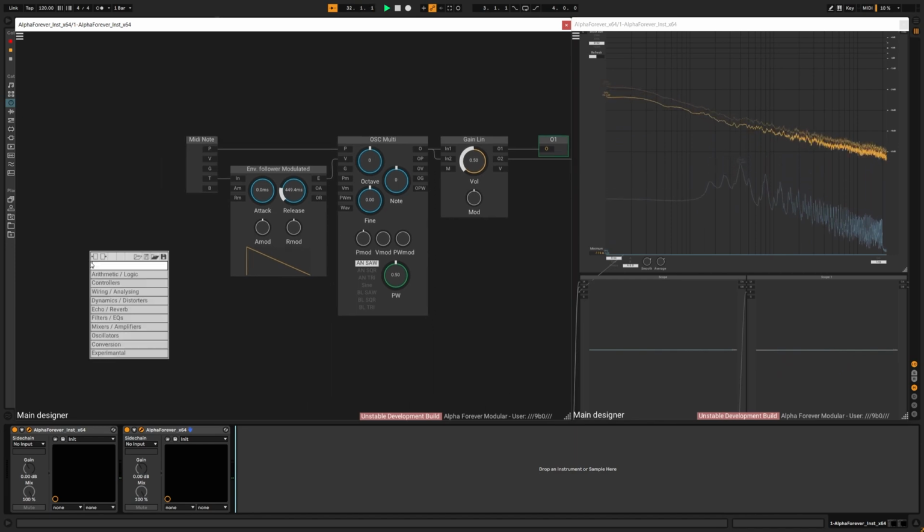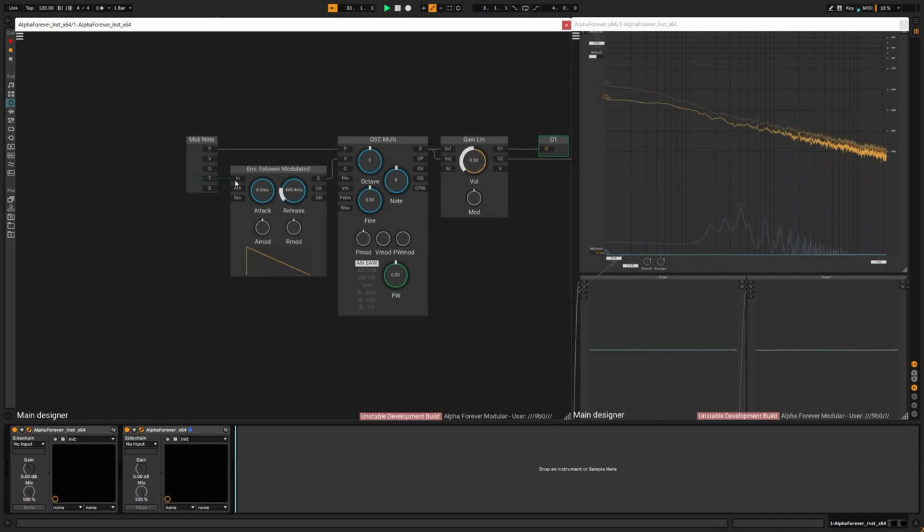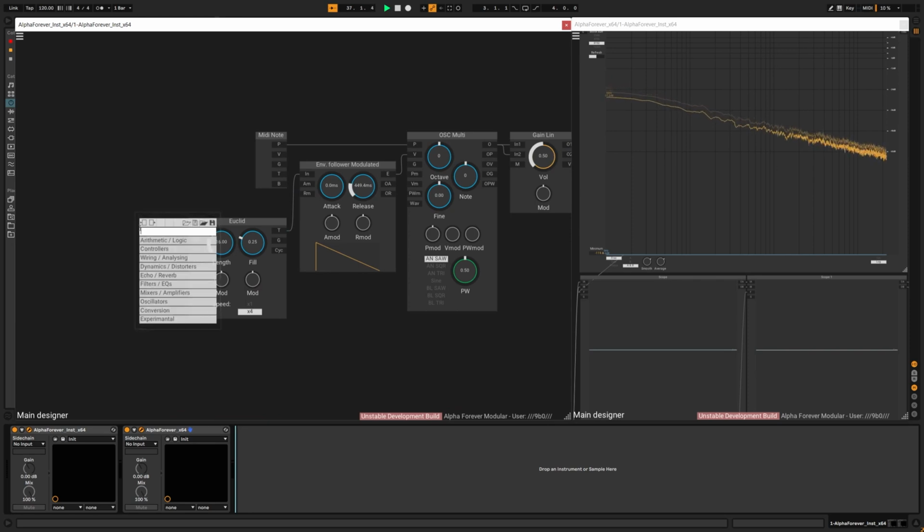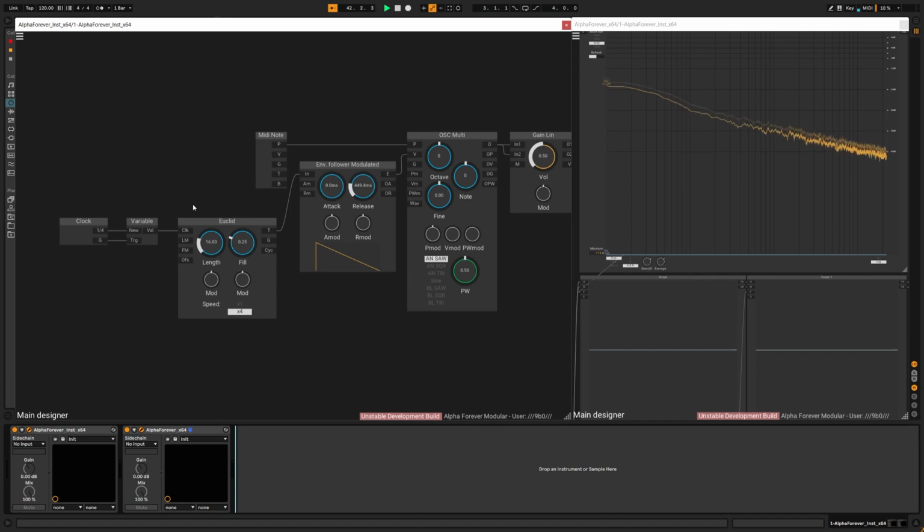And the idea is that we won't trigger it with this trigger, but we will trigger it with a Euclid, like this. And the Euclid needs a clock input, so create a clock and put a variable in between the Euclid and the input flag. So if we start the transport and we hit a key,